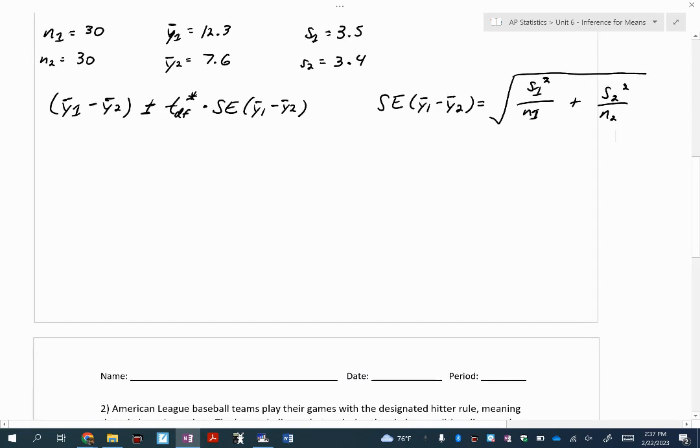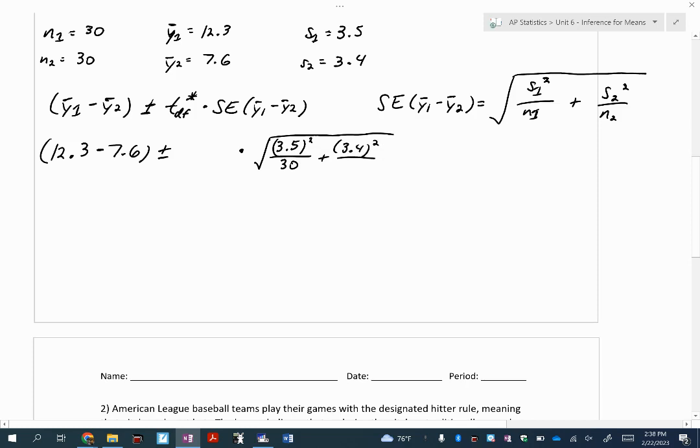Okay, so let's go ahead and get it on the recording. Minus 7.6 plus or minus. Remember, do I know t star yet? No, because if I want to know t star, I have to know the degrees of freedom, which I don't know yet. So leave the blank there. Times. Let's plug everything in. It was 3.5 squared over 30 plus